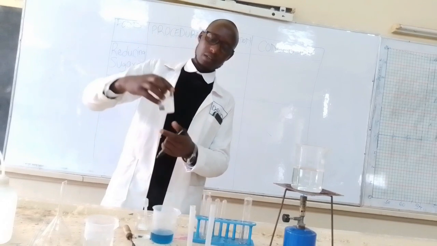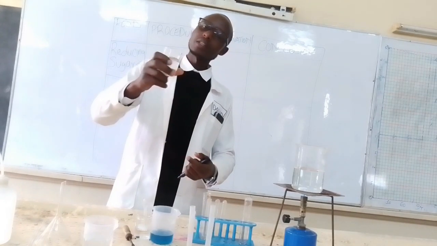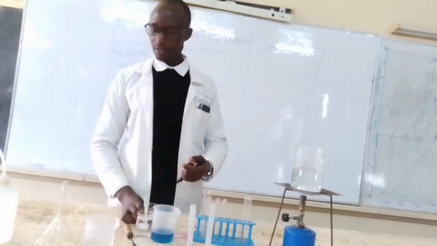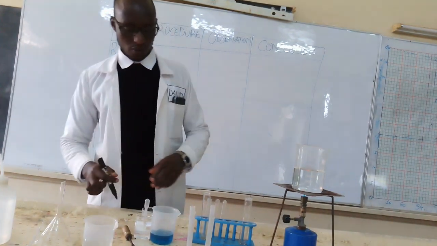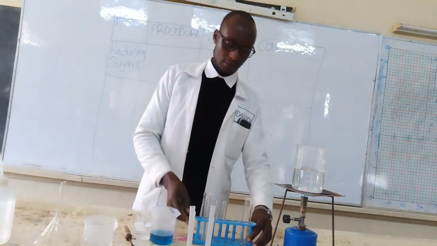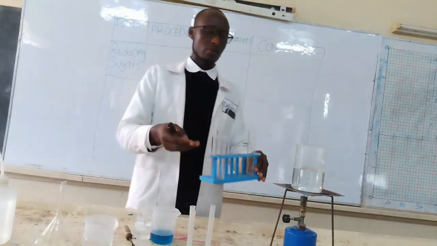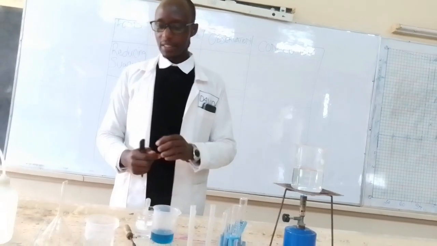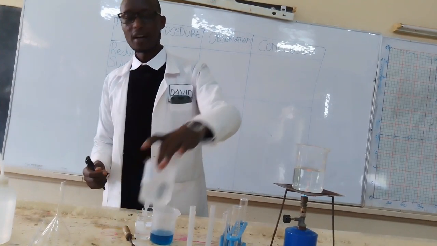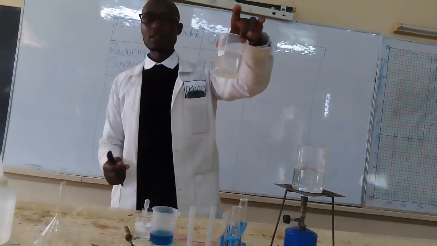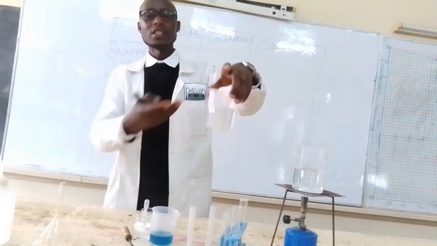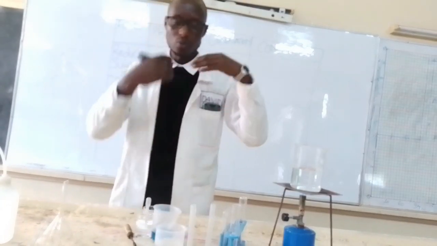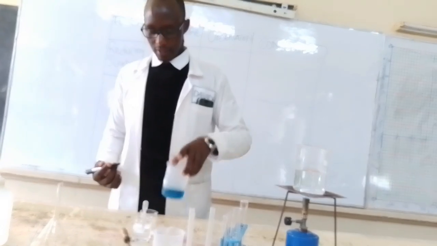We have the sodium hydrogen carbonate solution here, and then of course we have our basic requirements: our boiling tubes, our test tubes, and the water bath that we are going to use. Finally we have a food substance that is labeled P. Remember, we don't know what it is. We want to test to see whether it has what we are speculating is present, and specifically we are going to test